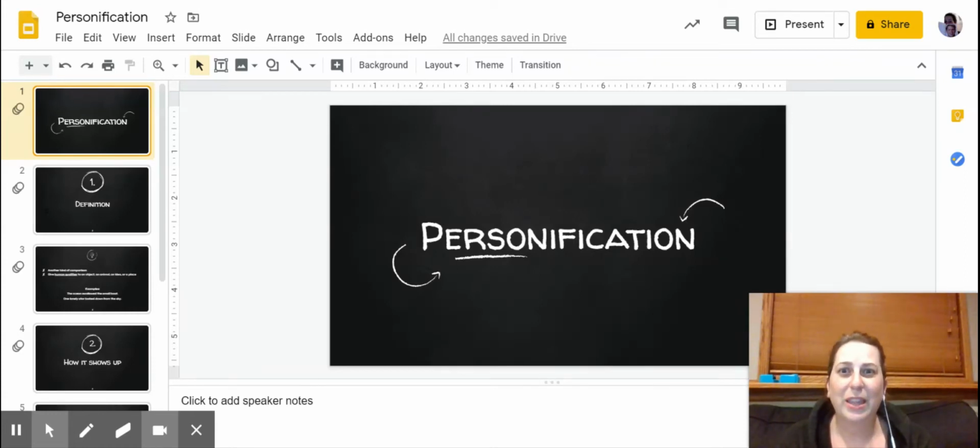Okay, here we go into lesson 2 for this week. Talking personification now. So, again, still looking at poetic devices, still looking at a glorious poetic device. Personification is one of my favorites, and I love seeing how this shows up in all types of literature, not just poetry. So, let's go into it.